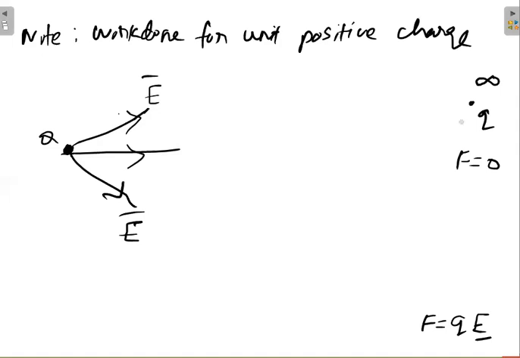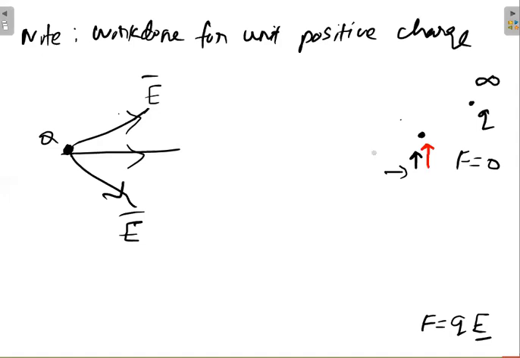But what happens if I gradually move here? I am coming to a finite distance. So what will happen? Force on me will increase. Initially force is zero, now force is increasing. Some force is acting on me in this direction. To overcome the force, I have to apply some work, some energy. This force is given by the stationary charge, and I am utilizing my own energy to go against the electric field.